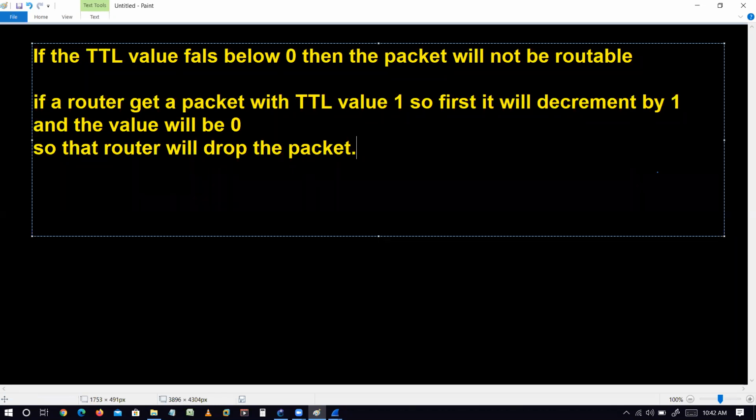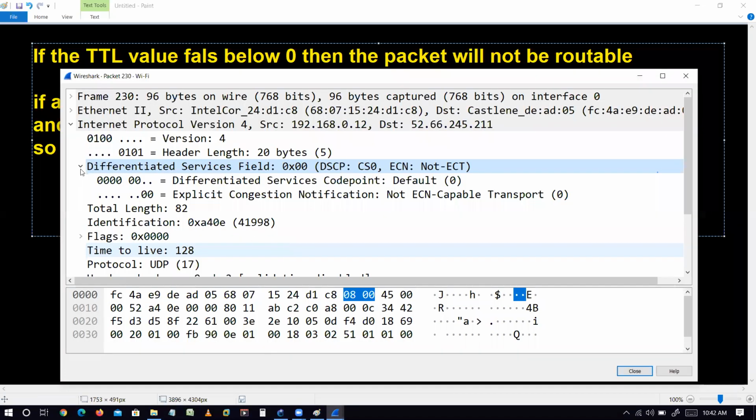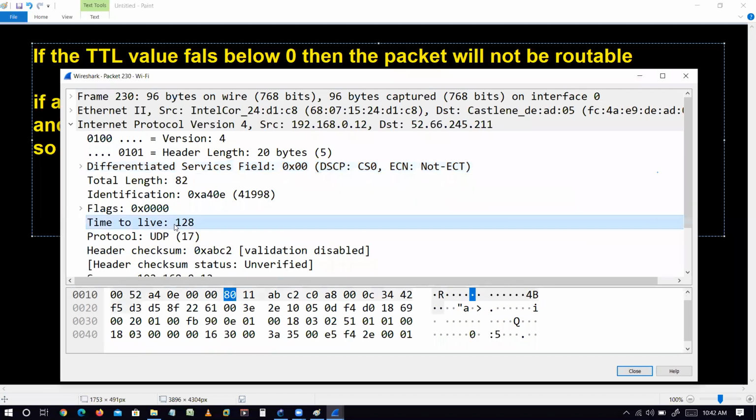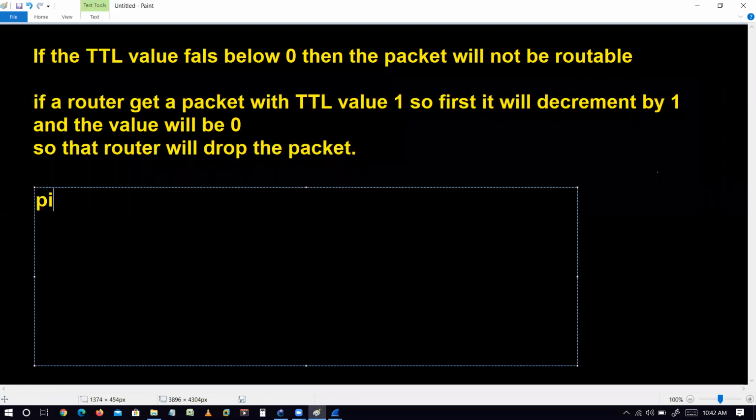In this packet, can you see this value 128? First of all, this TTL value depends on the platform. Let's suppose I do a ping using my Cisco device. At that time the TTL value will be 255.